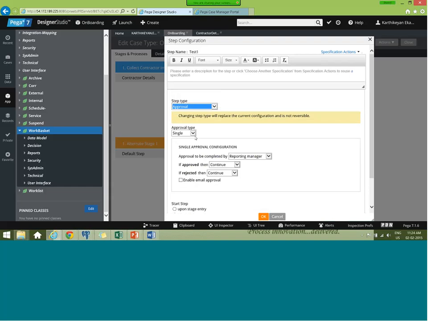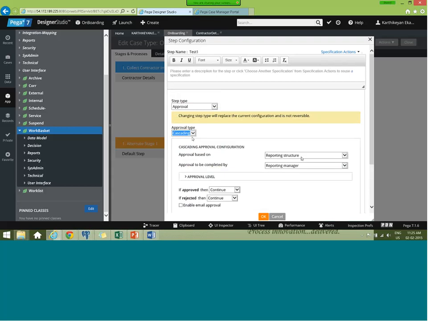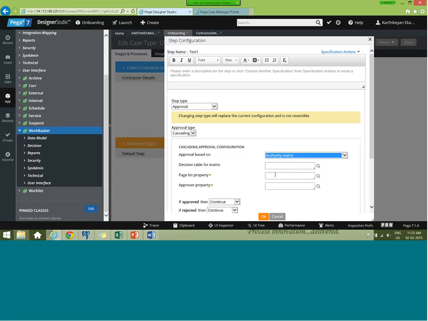There are 2 kinds of approval. One is single and the other is cascading. Single is nothing but it has to go to one level next. In case of cascading, it's like levels. For cascading you have to use a reporting structure. Reporting structure is like on your operator ID, you have a reporter, right? Reports to, and it goes off with that option. In case you have an authorized matrix, then use a decision table and create a pages property. This also continues in your smart shapes. So just understand single level approval or cascading approval.